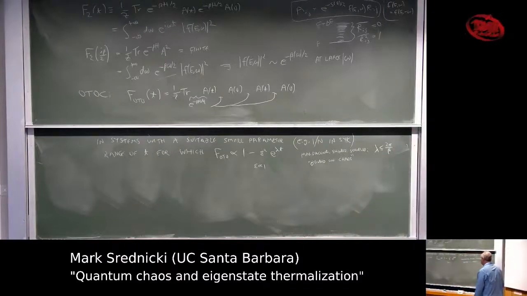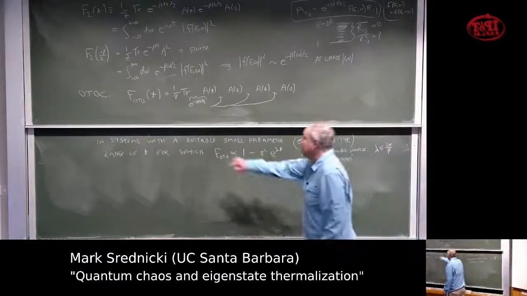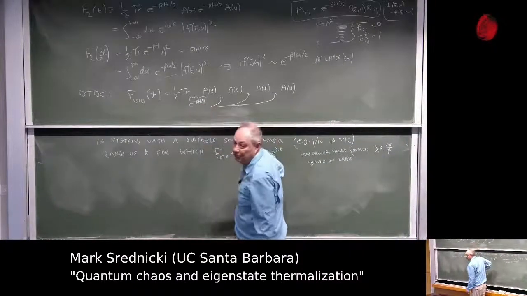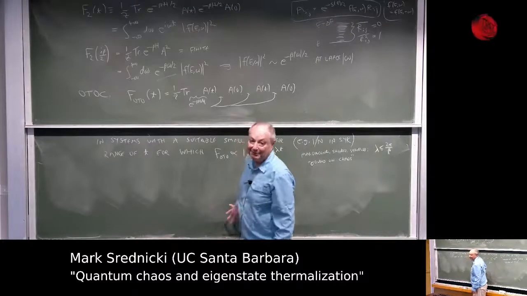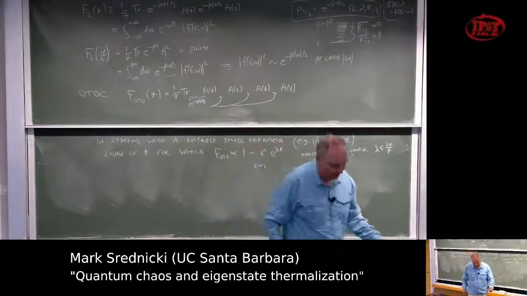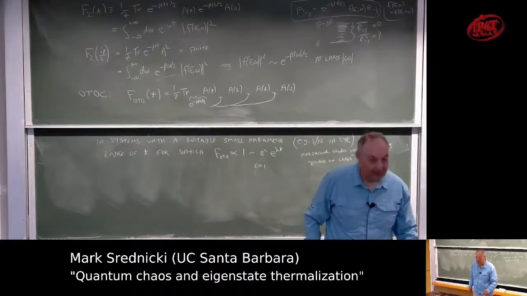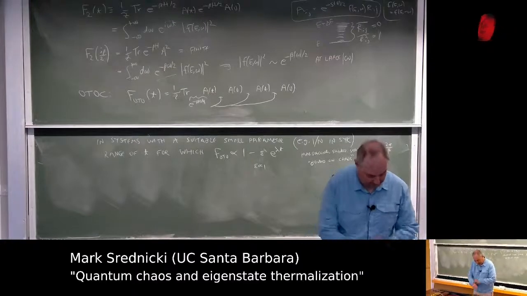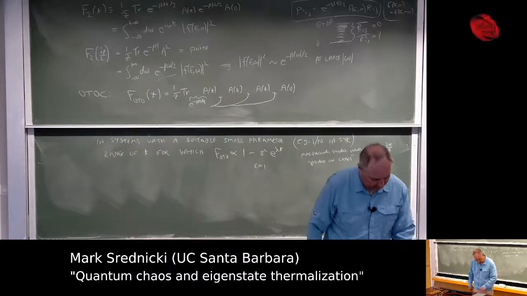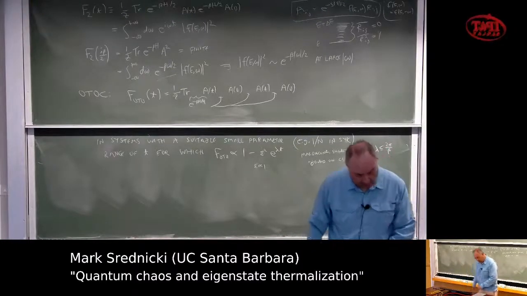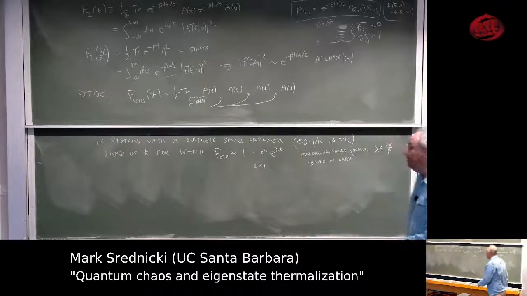To the best of my knowledge, if you just throw in a single e to the minus beta h, you can prove nothing. How am I doing here? Okay. Well, when this paper came out, I found it very annoying